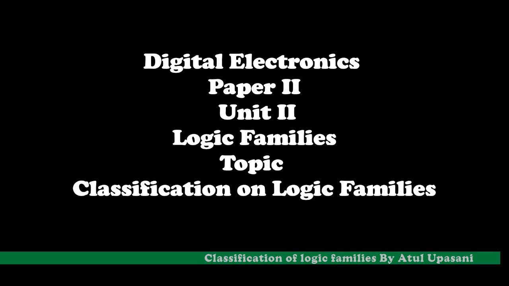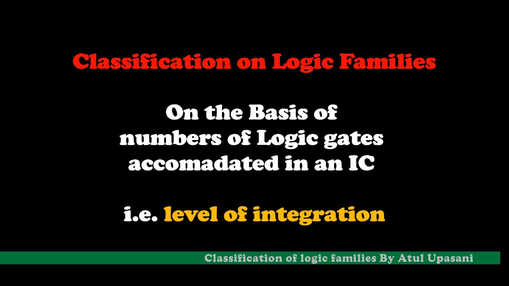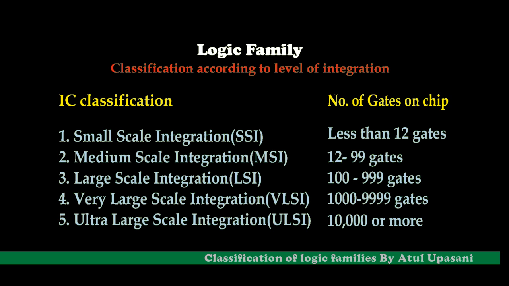Now, depending on how many transistors or how many gates are constructed in an IC, another type of classification is formed, and it is dependent on the integration of the logic circuits inside the IC. These are classified like this. One of them is called small scale integration. In this type, a single IC will have fewer than 12 gates.